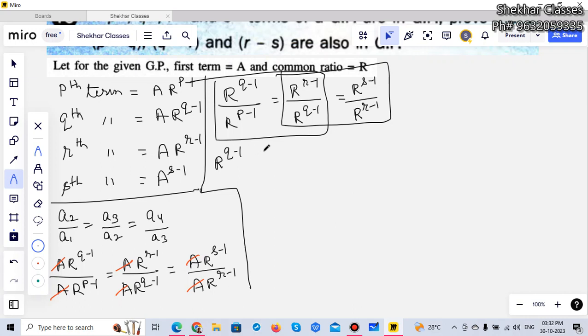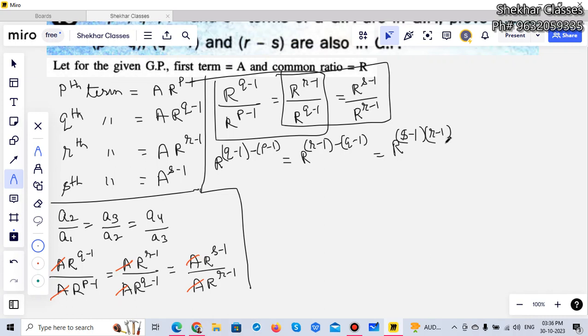Okay, I can cross multiply, or I can simply take these two together here. Instead of cross multiplication, we can solve it further. It is q minus 1 and it will be bracket minus p minus 1 using the law of indices. So we can use that. It will be r minus 1 minus q minus 1 and is equal to r s minus 1 and